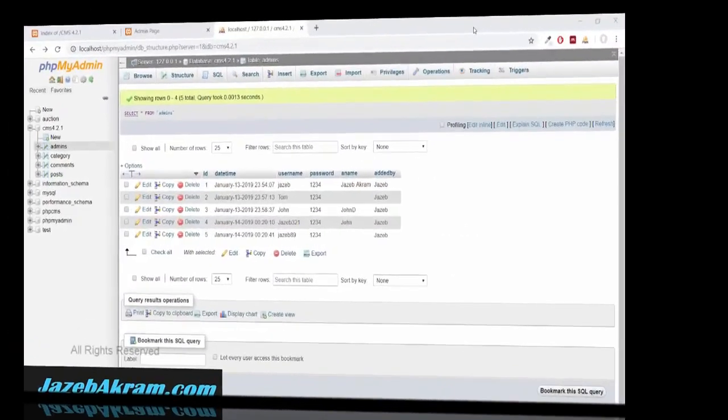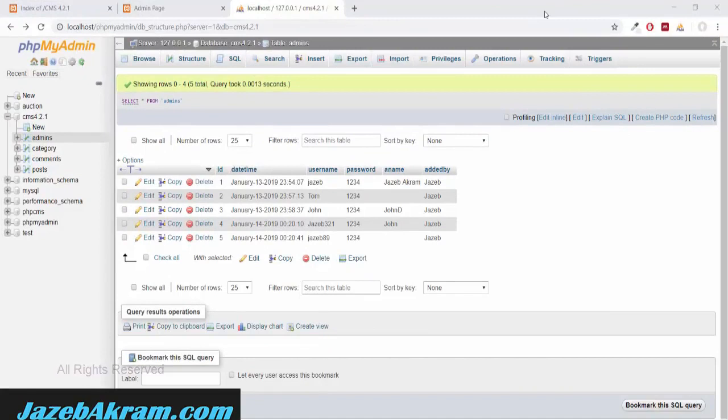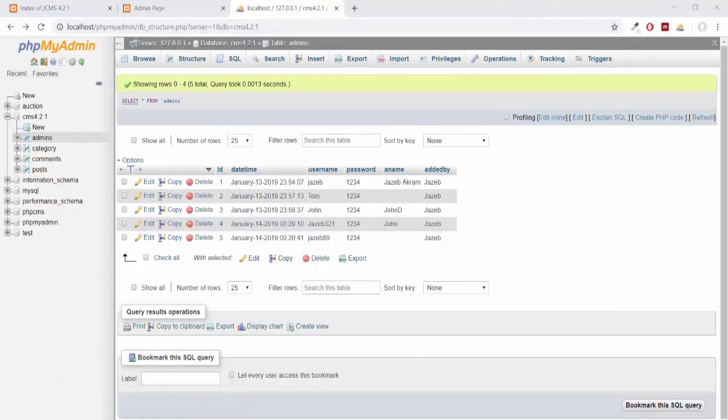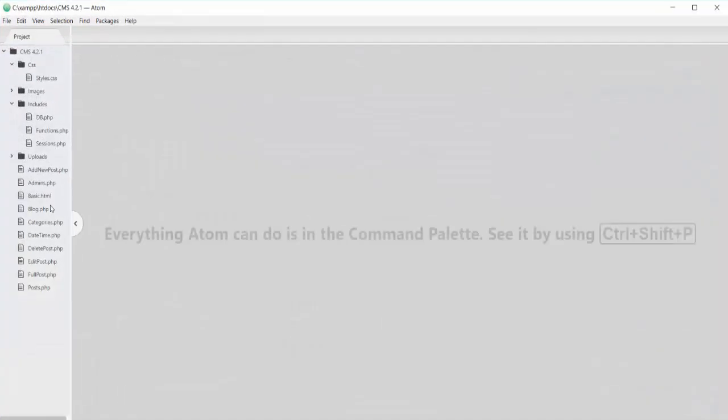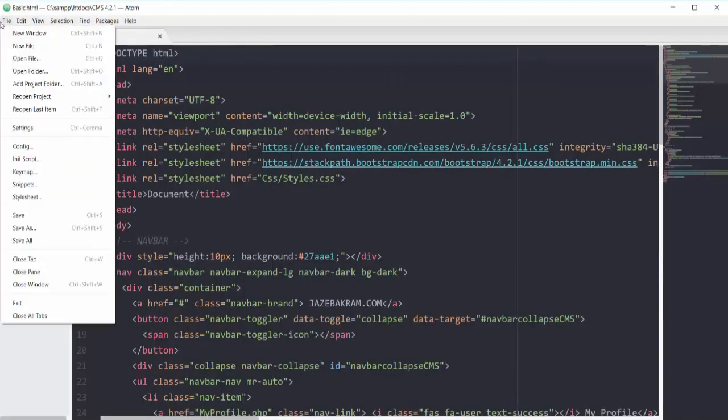In the last movie we created our registration system. So in this movie we'll create our login page. First we have to design our login page. Back in my editor, I will use my file of basic.html and I will save this file as